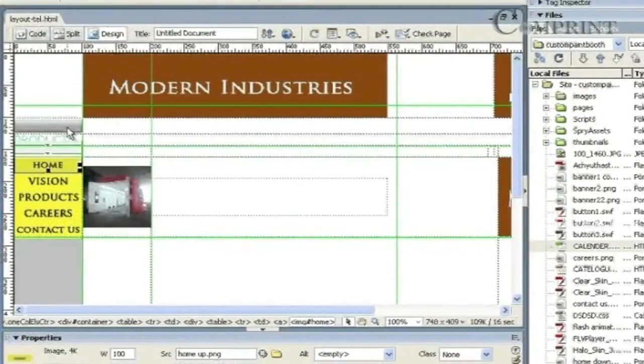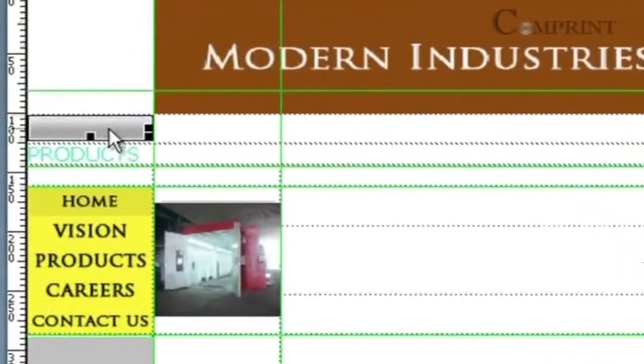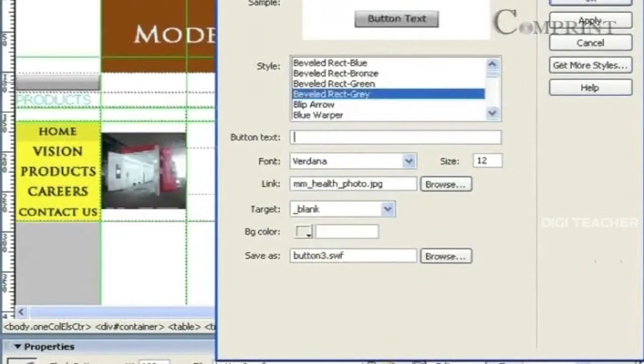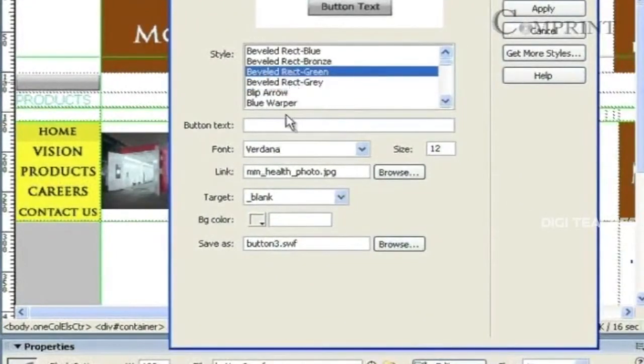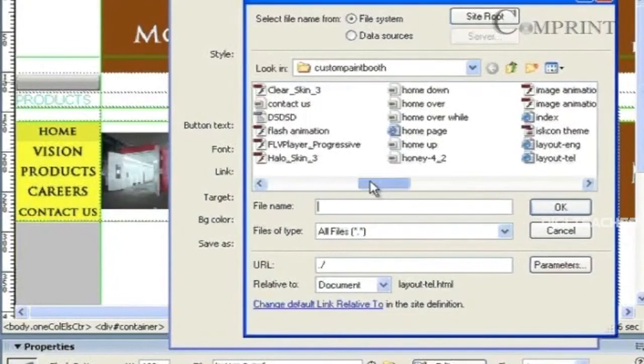We can set the hyperlink to a flash button also. Here we have a flash button. To set a link, select the flash button and double click it. Now the insert flash button wizard is open. Here in this button we have an option named link. Here we can browse and select the file to which we want to set the hyperlink.